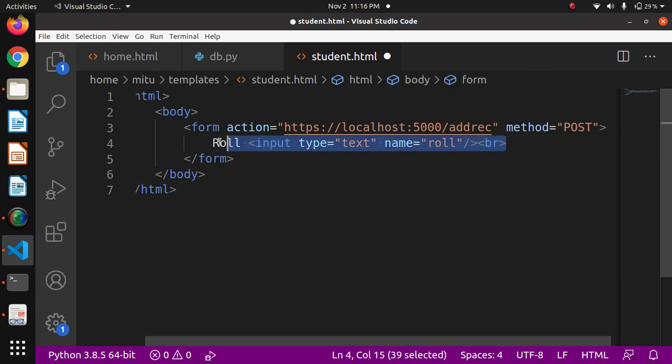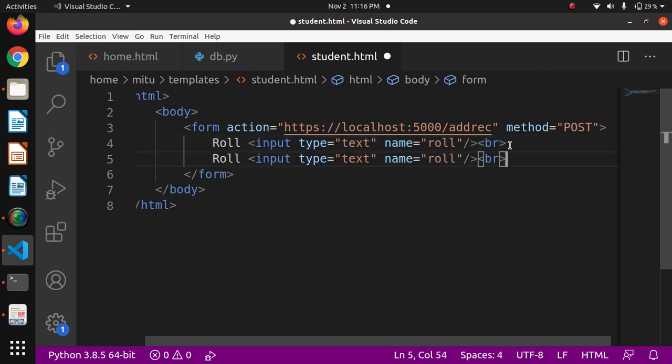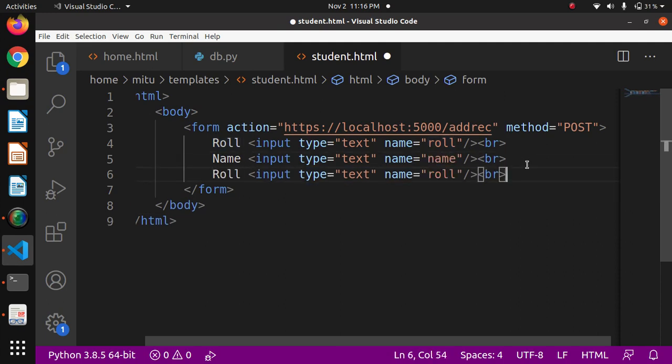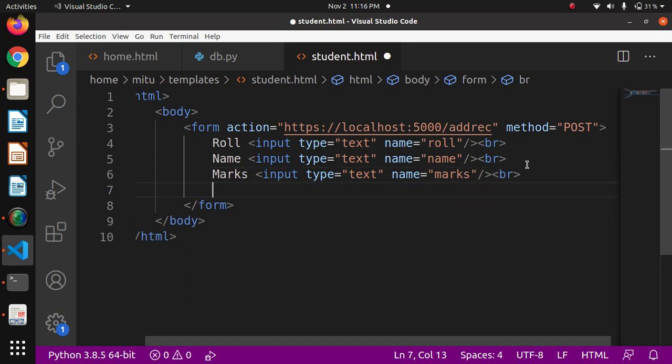So we inserted the roll number, then we insert the name. Roll number, name, and then we'll insert the marks, and its name will be marks. And one more, last, input type is submit. Its value will be add record, and let's finish it. So it will read the information from the user, roll number, name, and marks in this form,